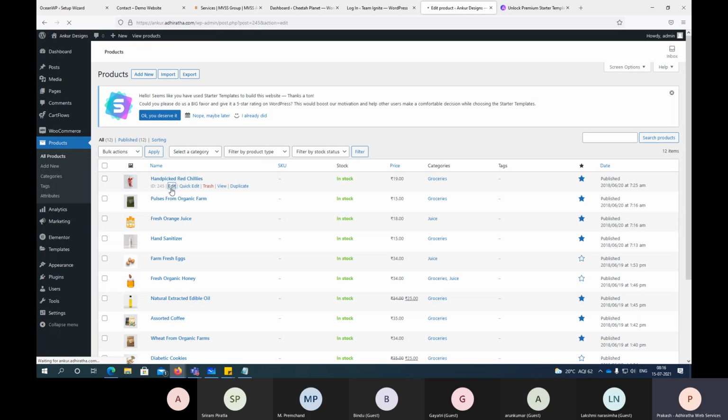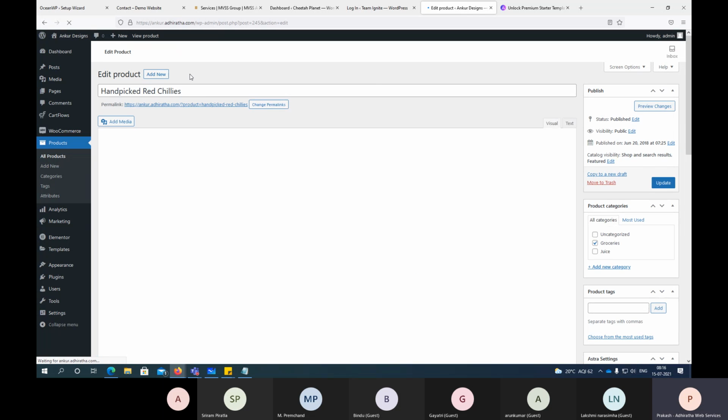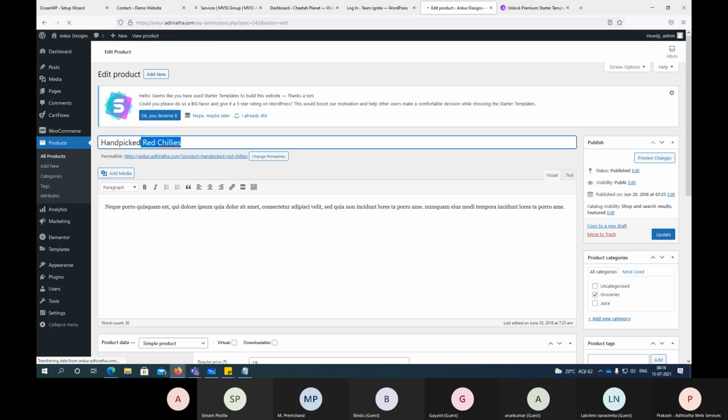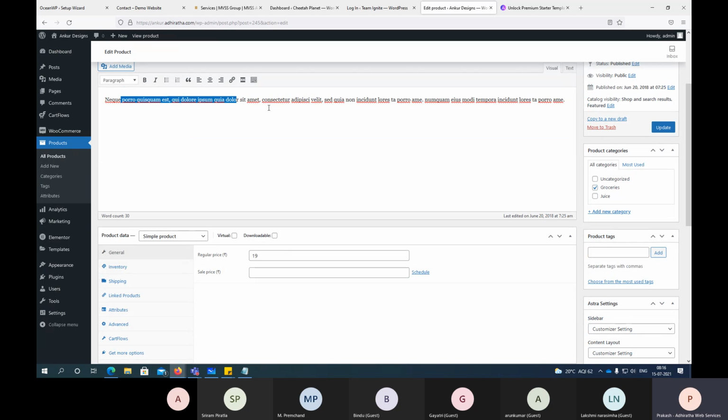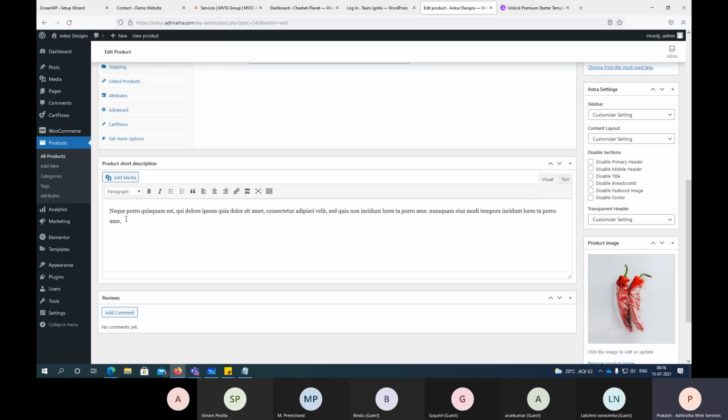Simply, I can click on edit. Right, so instead of this, she can change it like this. She can add the design or some description here, right?